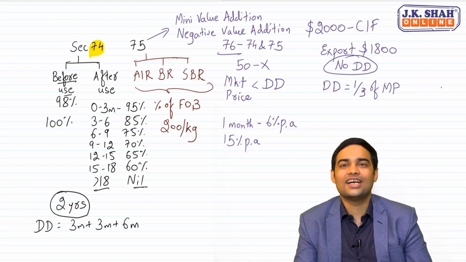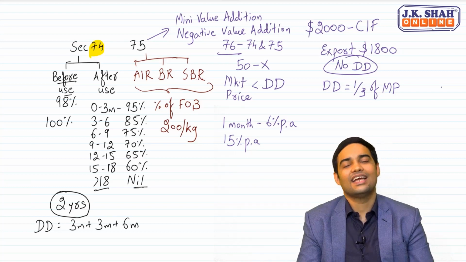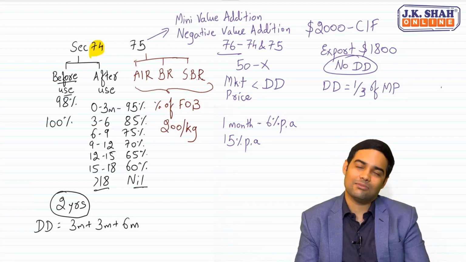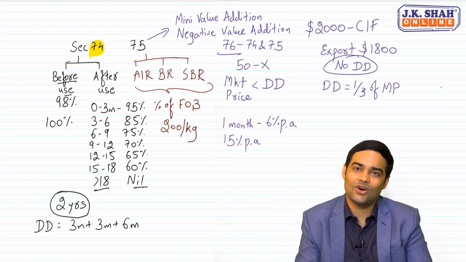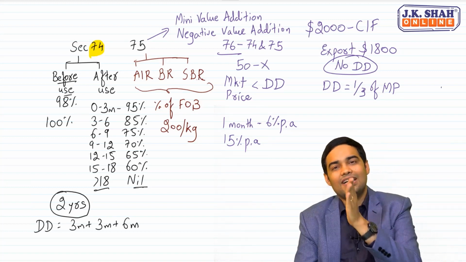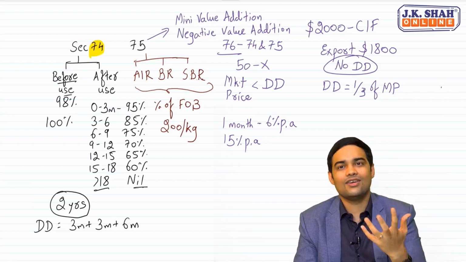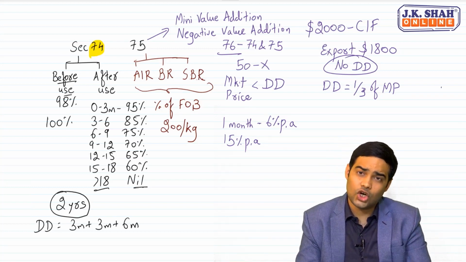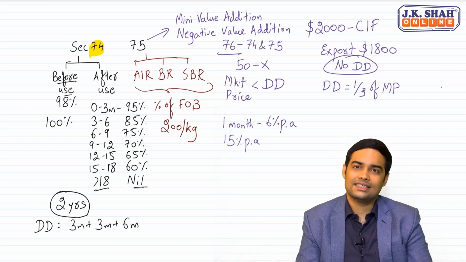And you can also go ahead and file a supplementary claim. Say suppose you have wrongly claimed a lower drawback. In that case, you can file a supplementary claim and claim that balance amount. There are timelines given. 3 months plus 9 months plus 6 months is the time limit for supplementary claim. So government gives various timelines for us to claim duty drawback. Even if we have short claimed in certain cases where we apply for special brand rate, or we have short claimed, or government has retrospectively revised the drawback rates. In all such cases, we can file a supplementary claim.